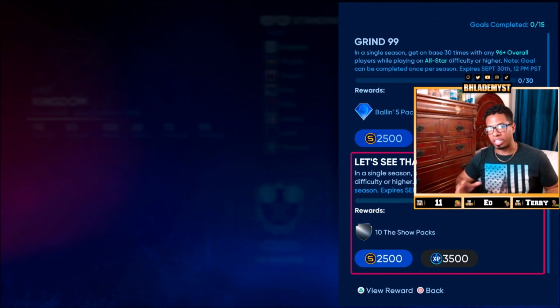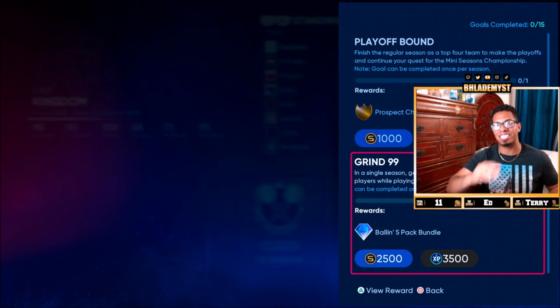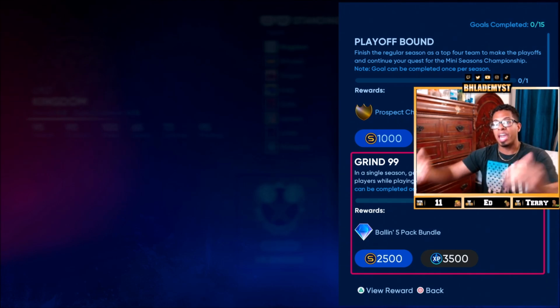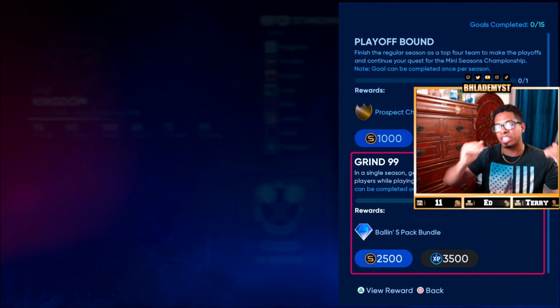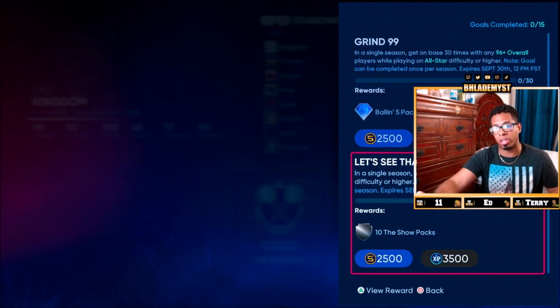The second team build that you're going to go ahead and create is going to focus on that offense and grind 99. What we're going to be doing is looking to build a team of 96 as the minimum overall and above. And with this team, we're just going to go ahead, enter the away games on all-star difficulty, and try to get as many hits and score as many runs as we possibly can before 3 outs. That way we can at least work towards getting a bundle, a 5-pack bundle, as well as